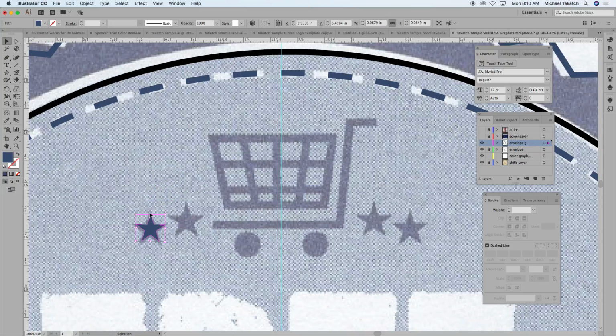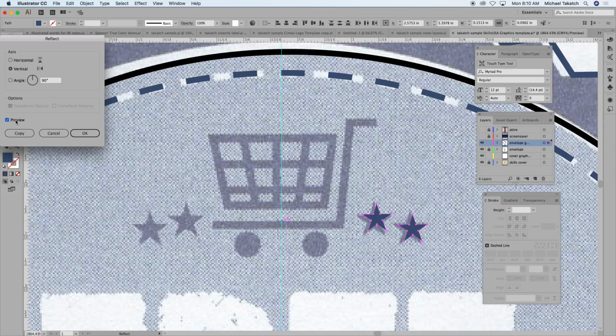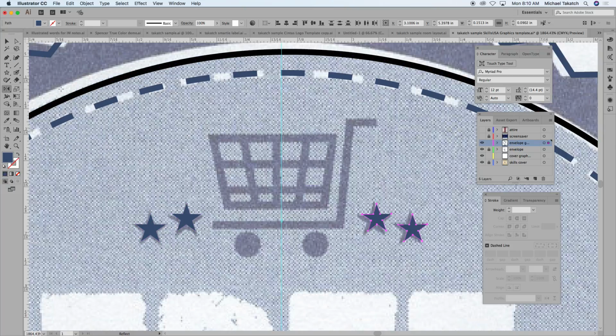Switch the color around, do the Option, duplicate it right up to the top there, select these two, hold the Option key and click. This will give you a vertical axis that you can just copy those over. Okay, Command deselect it, take the pen tool,